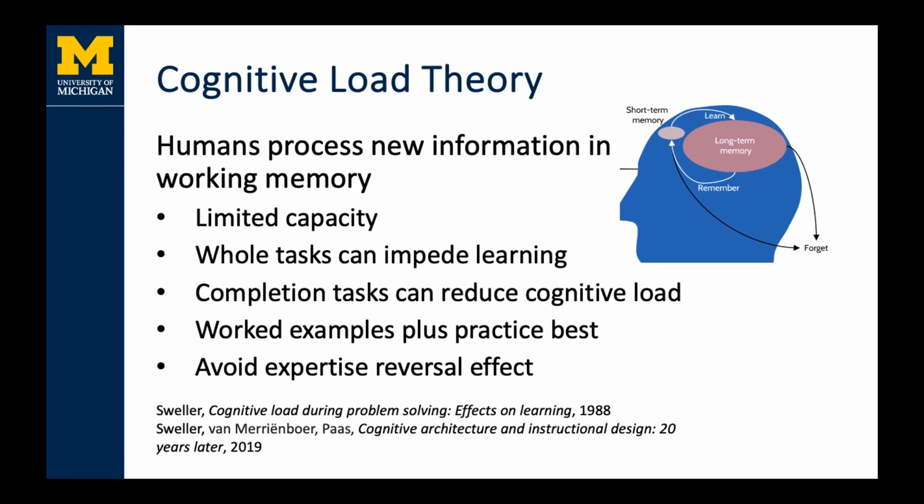So what we need to do is to try to create practice systems for people so that they can learn, so they can chunk information and store it into their schemas and long-term memory. But one of the ways we can do that is, we often give people whole tasks or make people write code from scratch in programming, which is a complete task, which is authentic. You have to write code, but it can overwhelm beginners. And so in that case, a completion task where they don't have to write everything from scratch could help reduce cognitive load. And one of the things that's been very effective based on cognitive load theory is worked examples plus